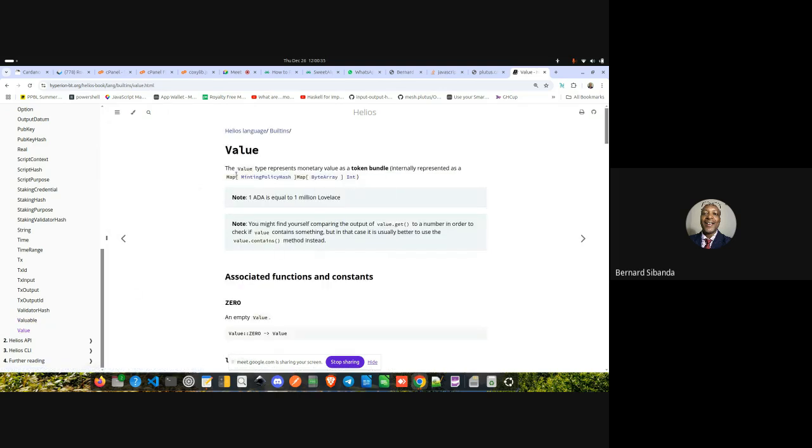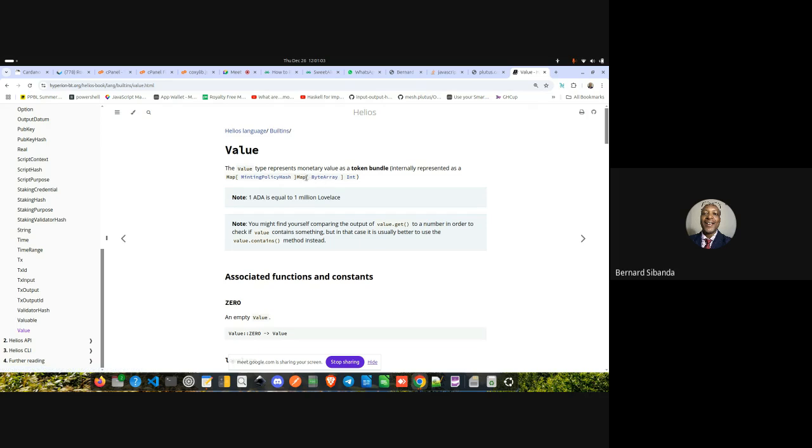Okay, check. Value type represents monetary value as a token bundle, internally represented as a map. See that? There is a minting policy hash, so that's how we were testing it. And then a byte array, then int. This is the quantity. This one is the token names.